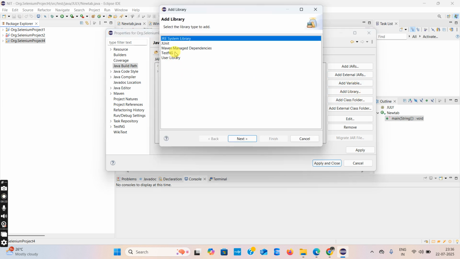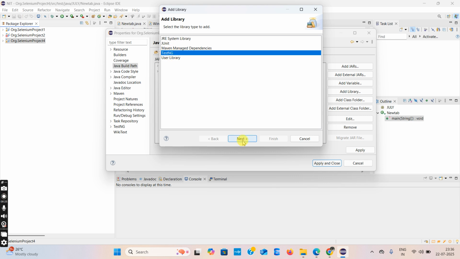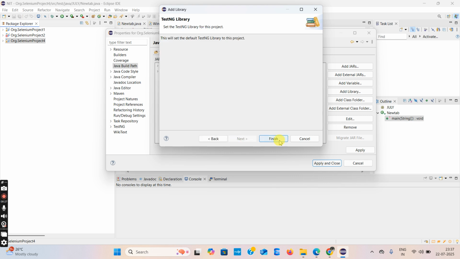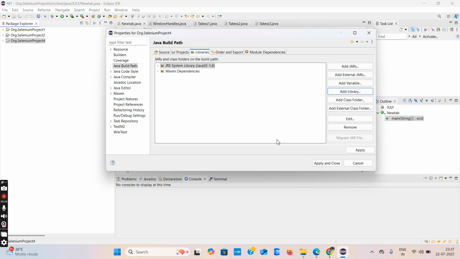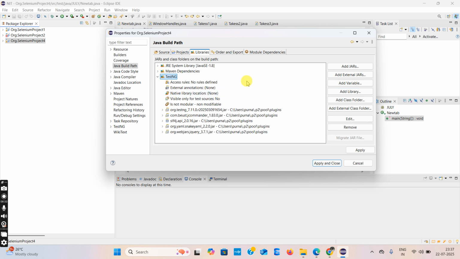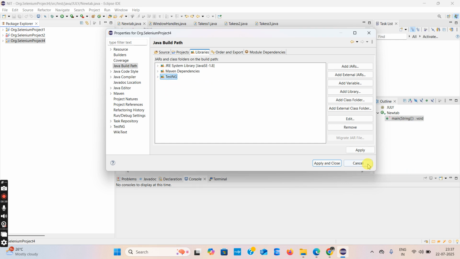Okay. TestNG will be displayed. Click next. Okay. And finish. Okay. TestNG will be added here. See this, TestNG will be added here. Apply and